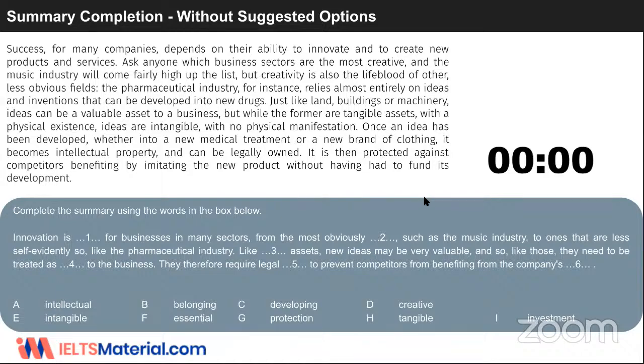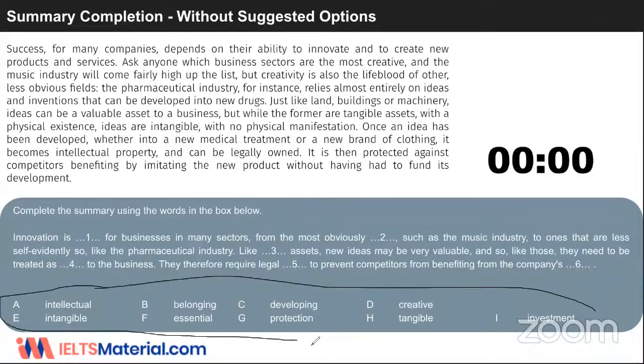Okay. So that is what is a thing. We did the last one, summary completion, where you had to find the answers from the passage. But here, we already have a few options given. Can you see these options? Priyanka? You actually have to take the answers from here. Yes, exactly. So that is what you must not have understood. This is called suggested options, and you actually have to write the answer from the suggested options. Okay?